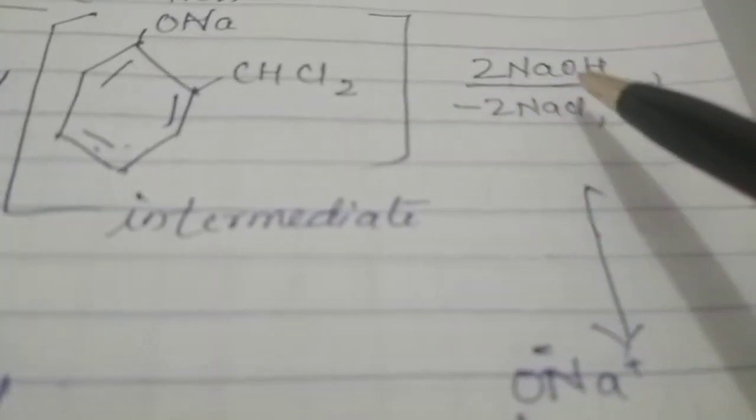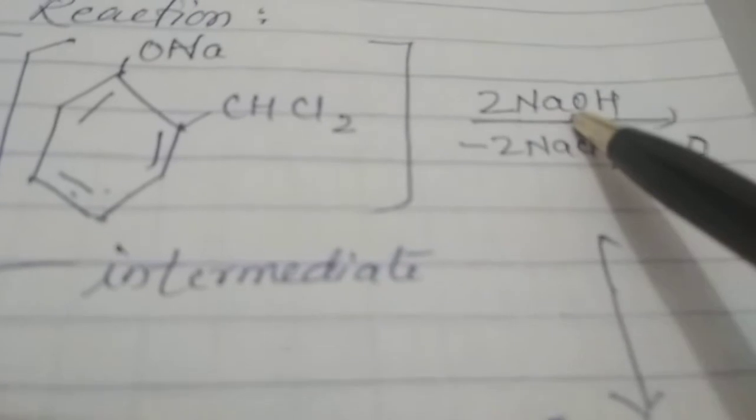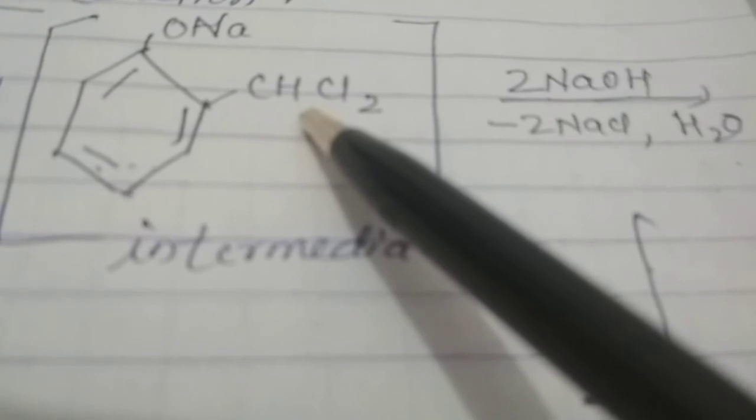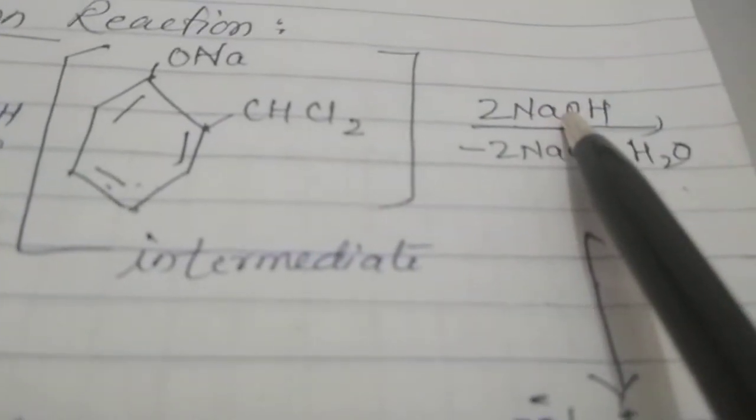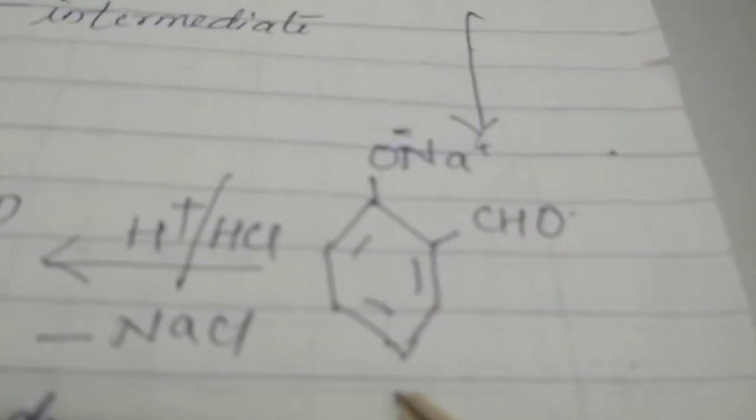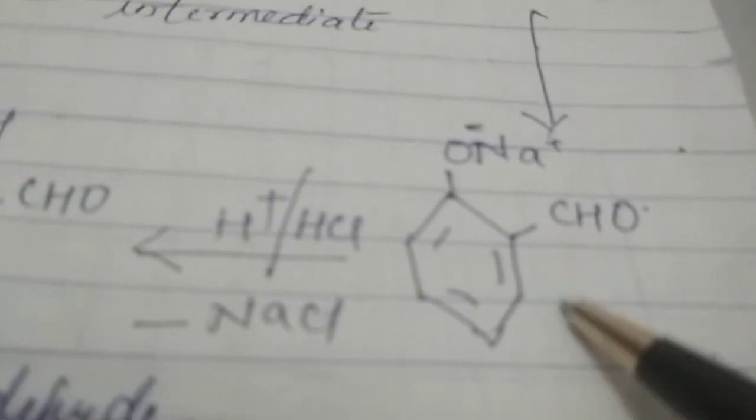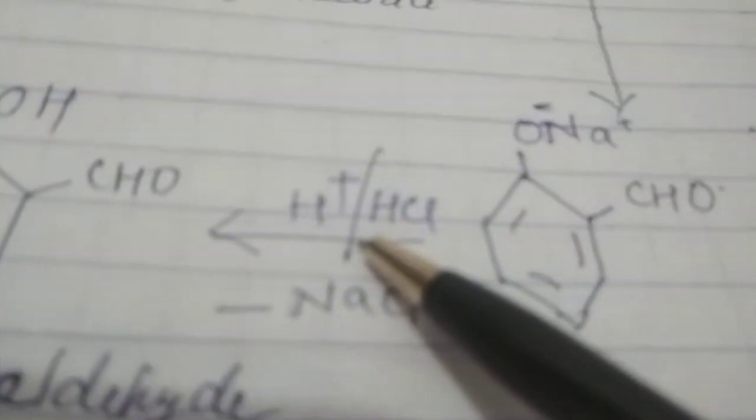Now how is the water removed, you can see. Two oxygen and two hydrogen are present. Out of these two oxygen, one oxygen gets attached to this position, and that is a formaldehyde group. You see the formaldehyde group gets attached here, and the two hydrogen plus one remaining oxygen combine and form water, which is removed. Now this intermediate compound is not the completely formed product. This is treated with an acid, that is HCl. Na reacts with the chlorine forming NaCl, and in place of Na, H gets attached to it. Now the final product you will get is salicylaldehyde.